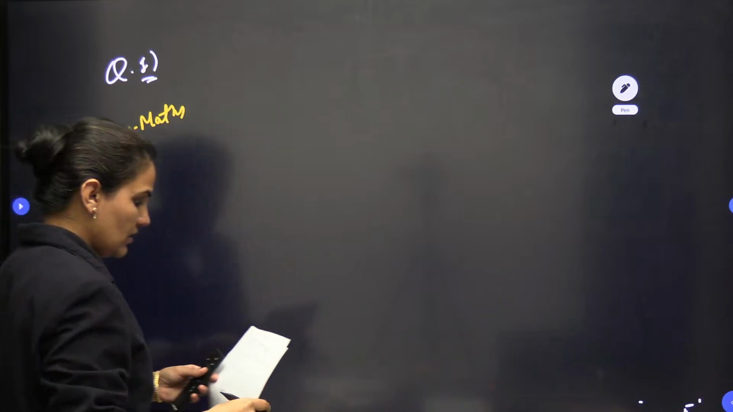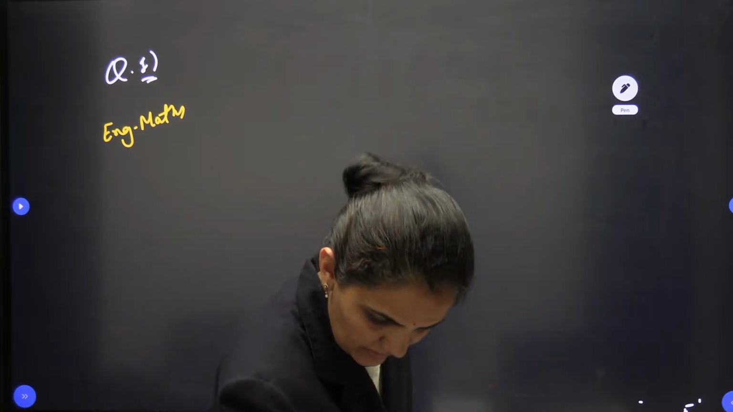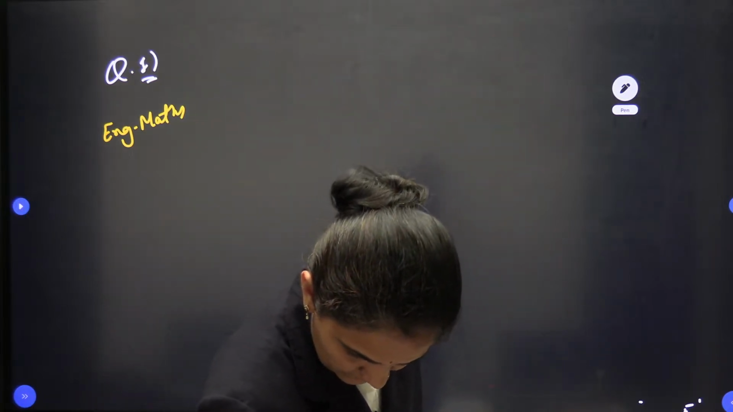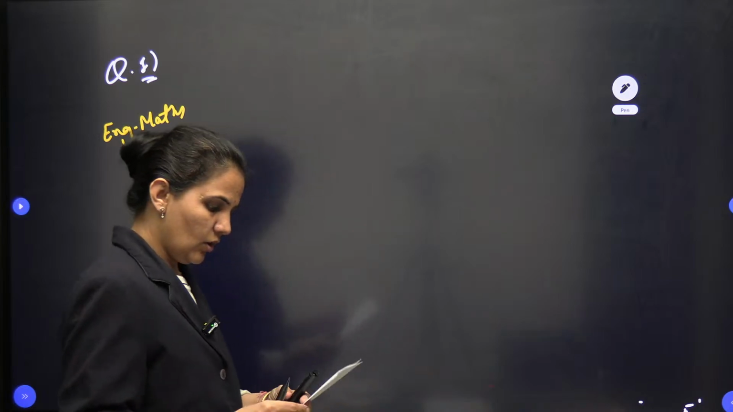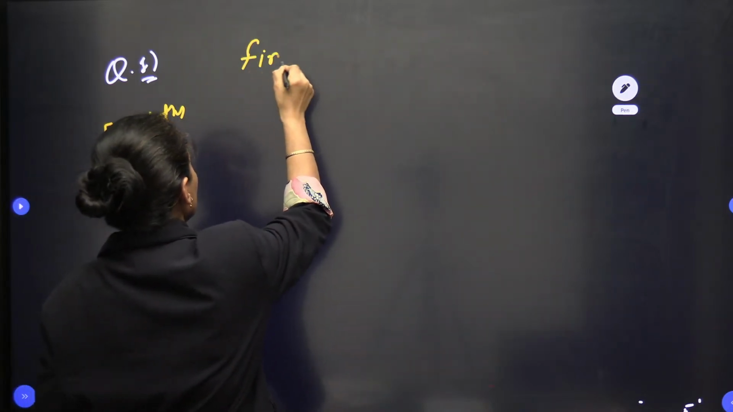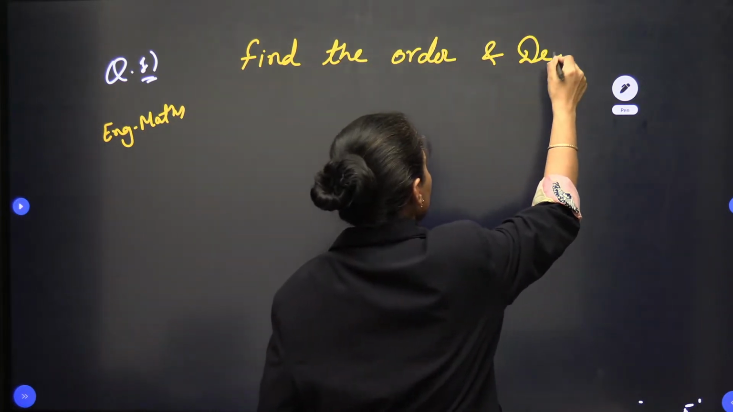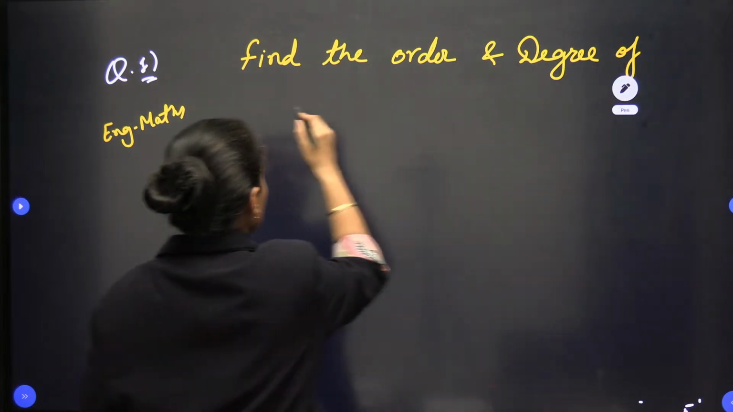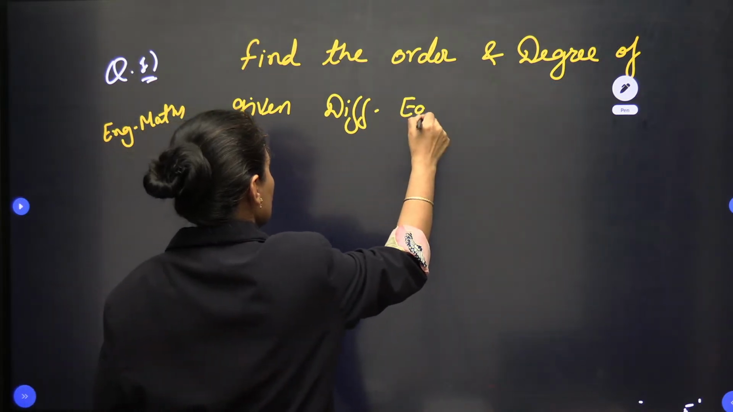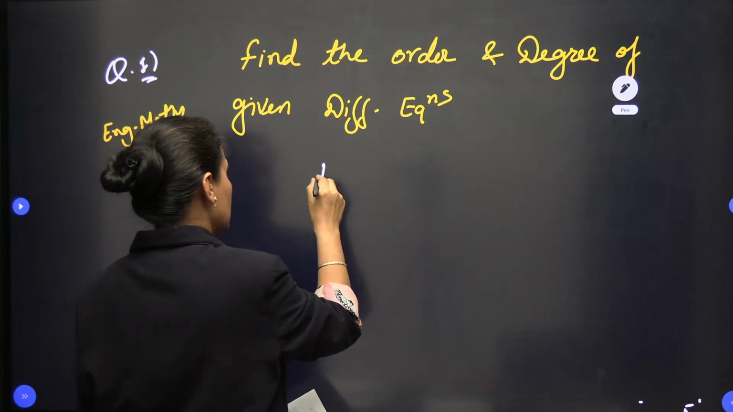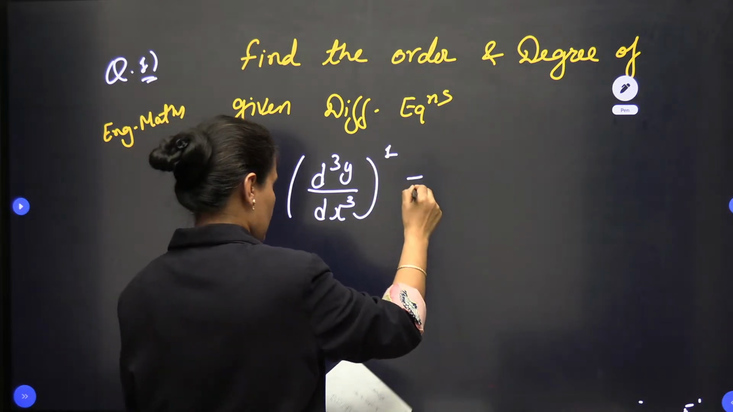The question is from differential equations and they are asking about the order and degree of the differential equation. You guys can confirm whether this was the question or not. The question is: find the order and degree of the given differential equation. The differential equation is d3y by dx3 power 1 plus